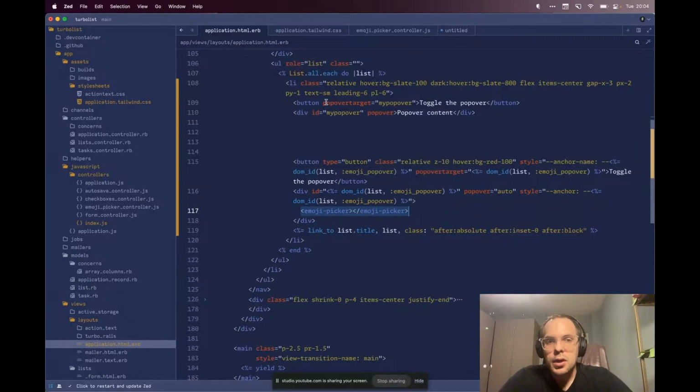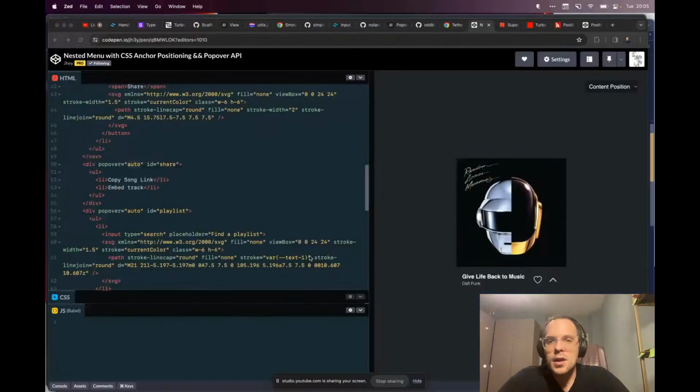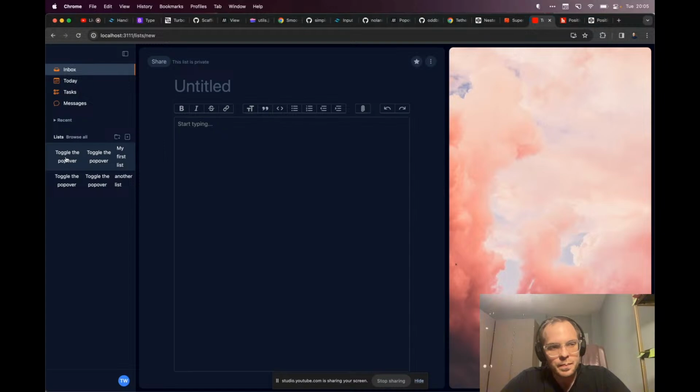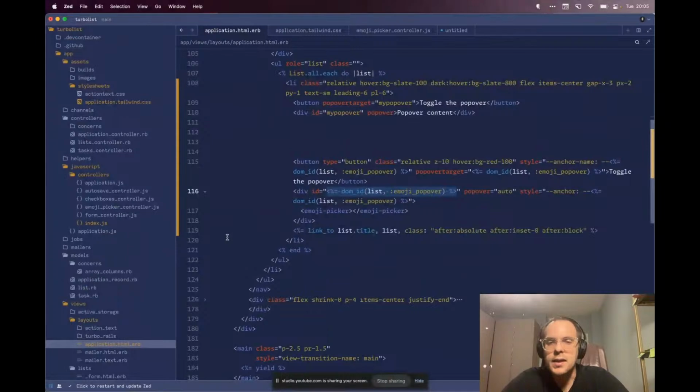Okay. So now we need to bind our invoker with our popover. And remember, we're using IDs here, so we have to make sure that they are distinct. So I use the DOM ID helper such that every list item in our list has a distinct ID. Then I need to turn on anchoring. So in order to turn on anchoring, I follow the pattern that I